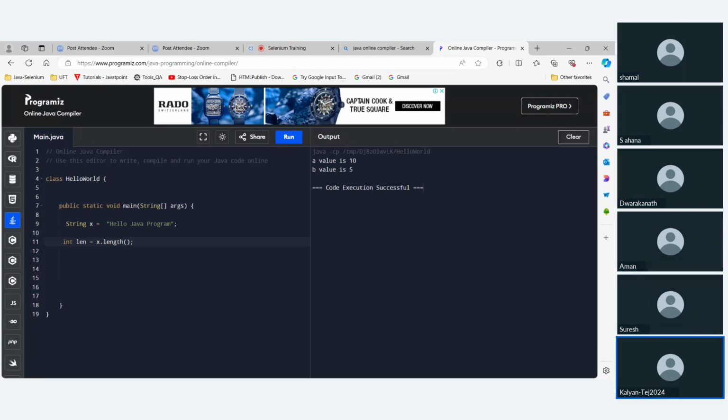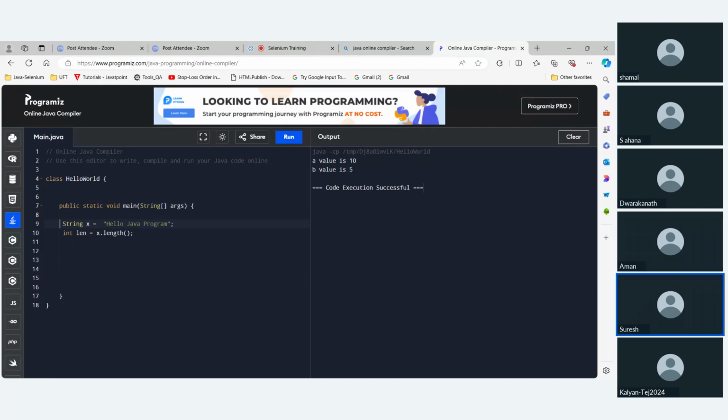Now let us go with the simplified approach. Yes, perfect, you can go ahead. Can we use a split function for splitting with the space? Yes, Suresh, we can use the split function for splitting the string. Perfect.